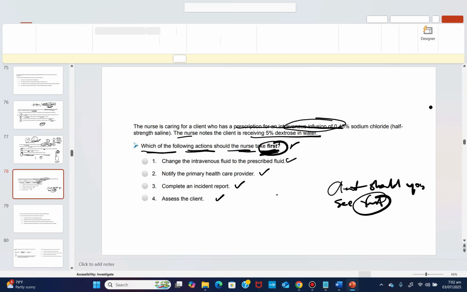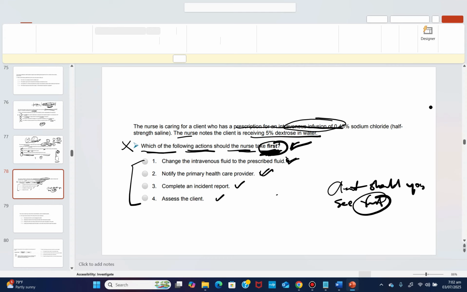The keyword is always there to guide you. That's why I always say it's not like a nursing school question. In nursing school questions, yes, some answers can be wrong and some can be correct. But on the NCLEX, the keyword in the examiner's question directs you on what to do. It's not the answers that you should focus on. Many students don't understand the question. That's the reason why they misinterpret the answers.